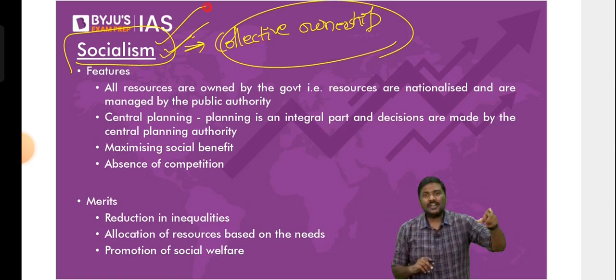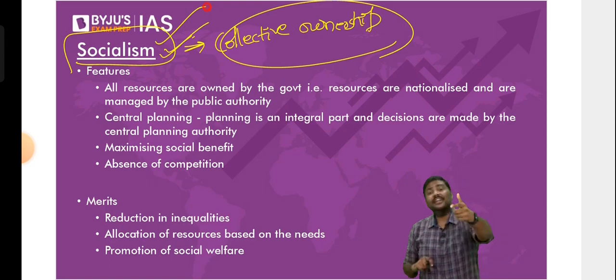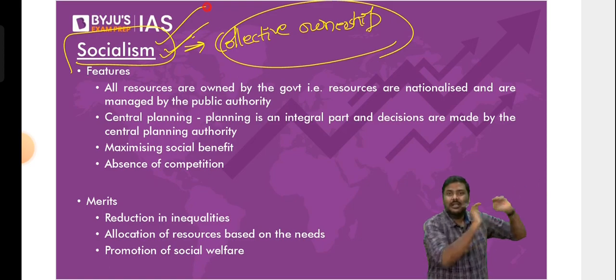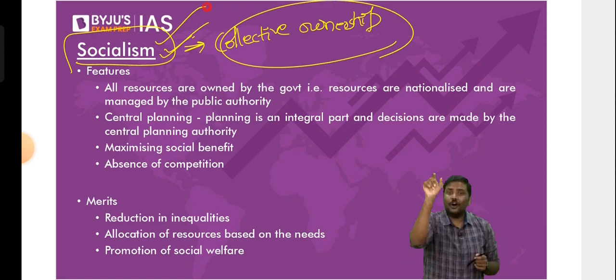And if I simply say the production is done by the private sector and the freedom of choice is there, you can decide what you want to consume, you have money, you can purchase, the idea is capitalism. Simple differences. When there is a choice and the private sector, it is capitalism. When there is absence of choice, when government decides everything, that is socialism.